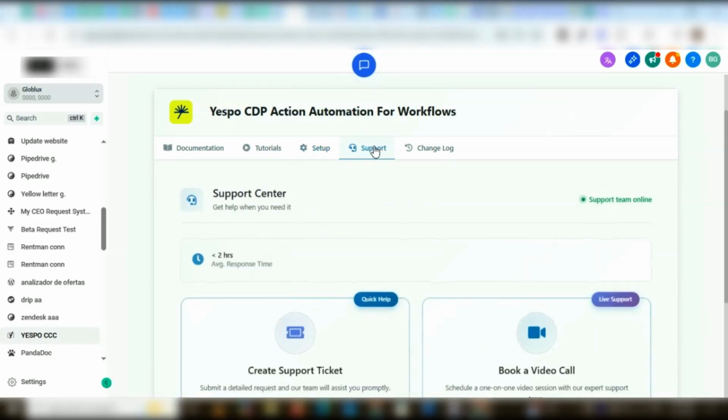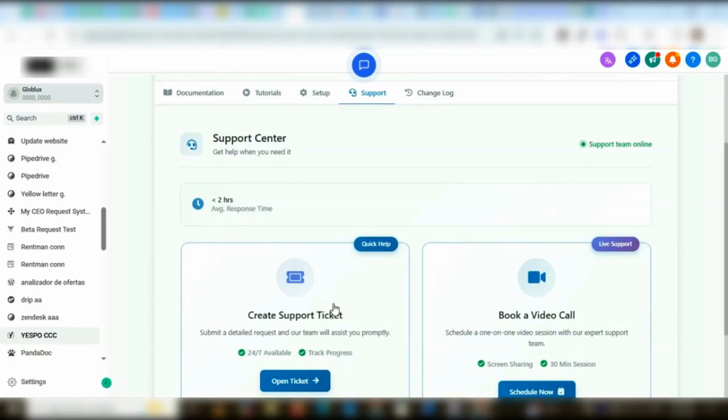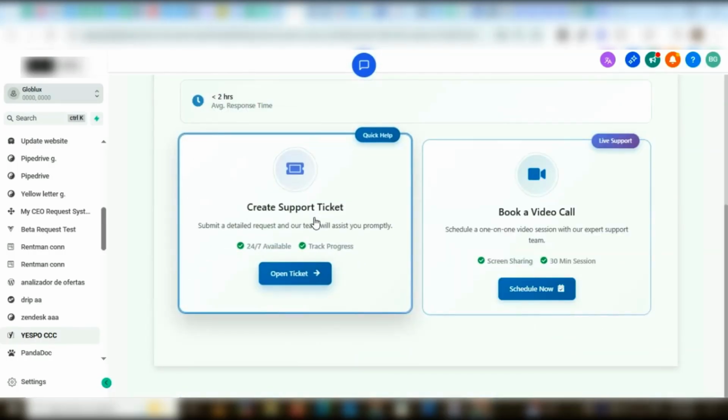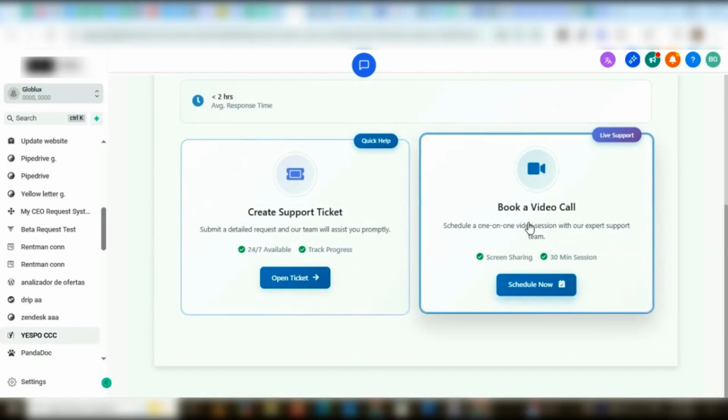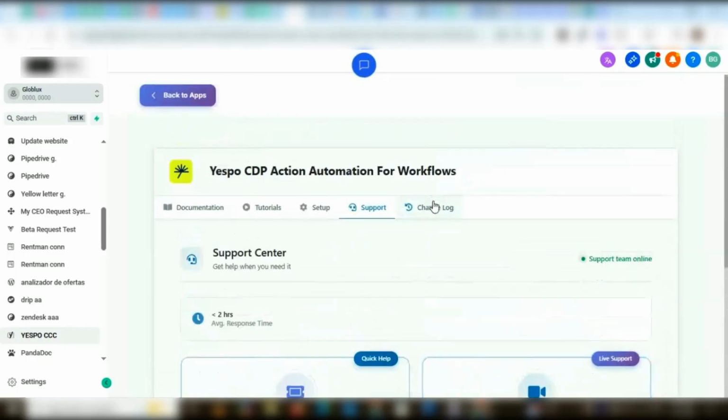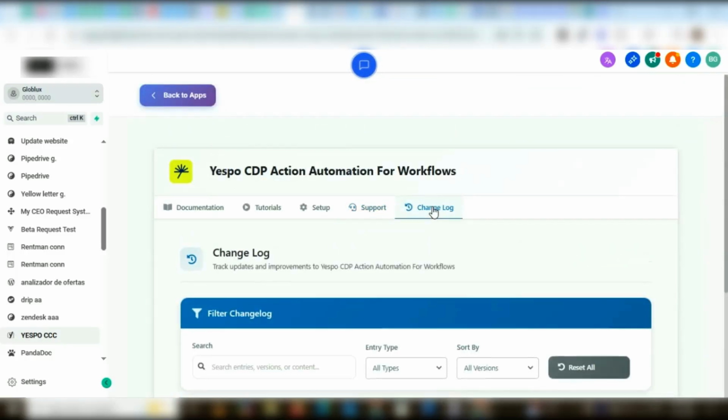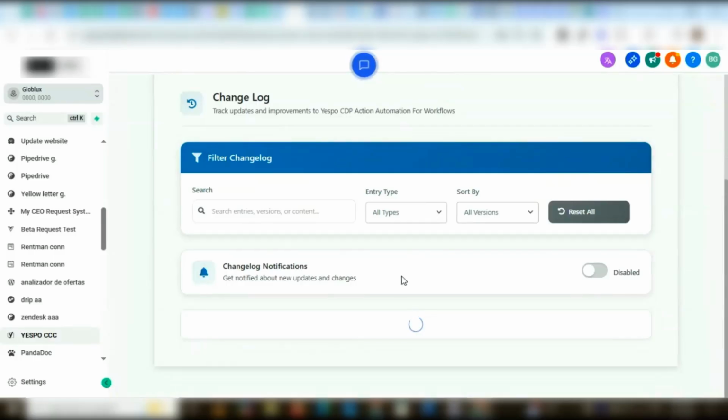We equally have the support center. At the level of the support center, you can create a ticket for our support team or you book a call with our support team. We have the change log. At the level of the changelog, you're going to see the necessary notifications concerning the update of